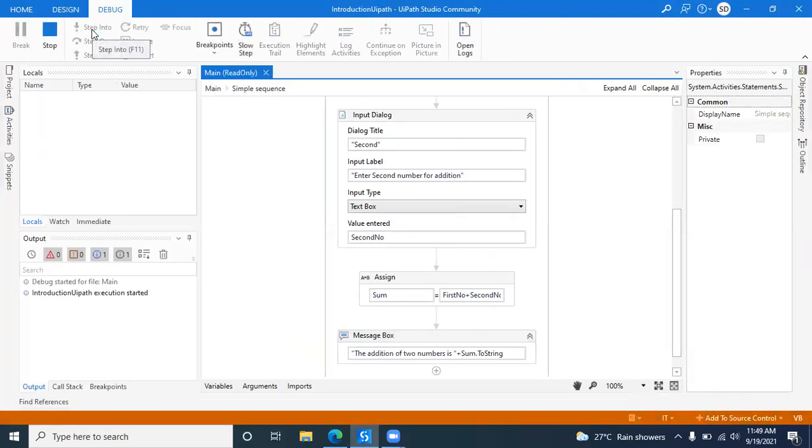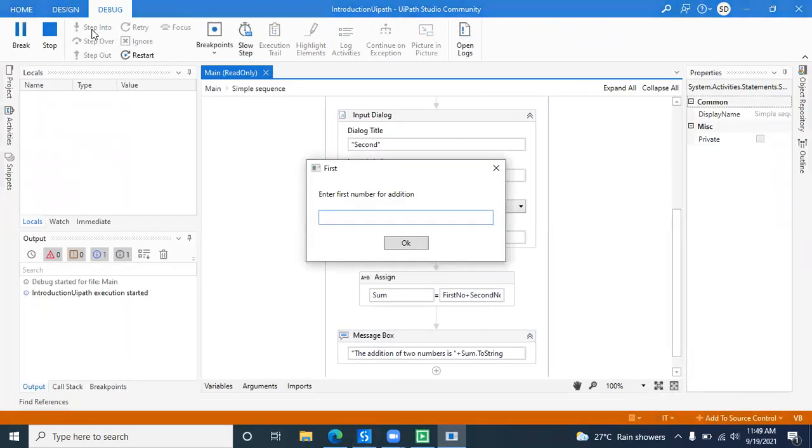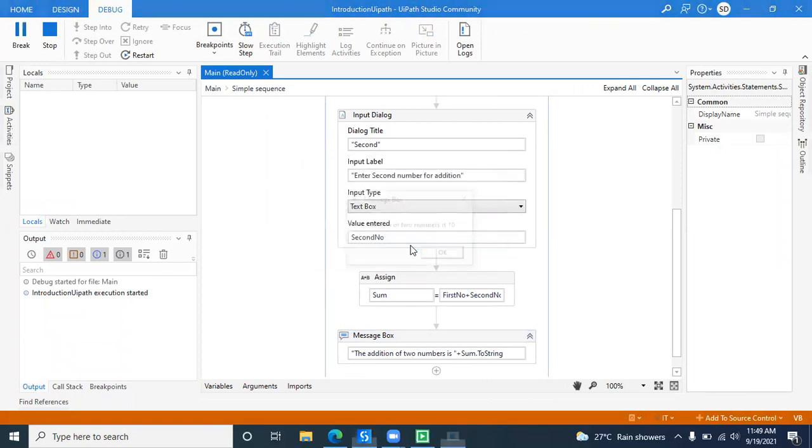Then you can see there will be a customized box. 4 plus 6. The addition of two numbers is 10.